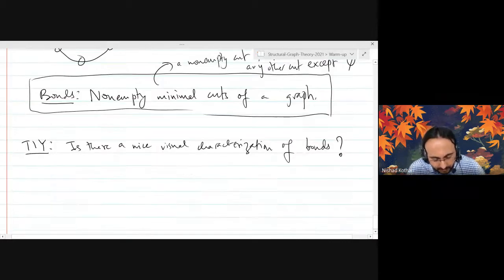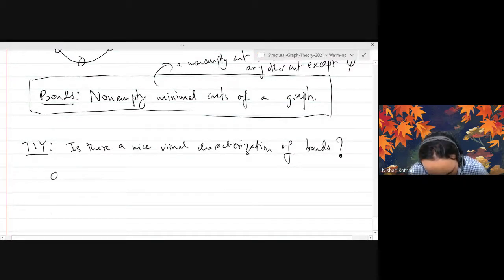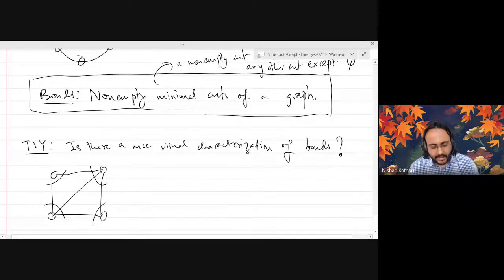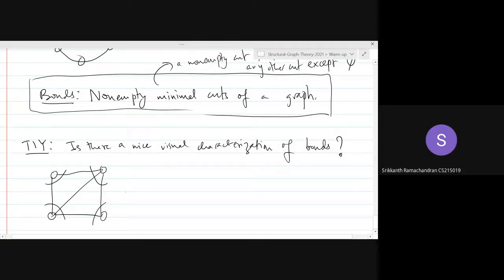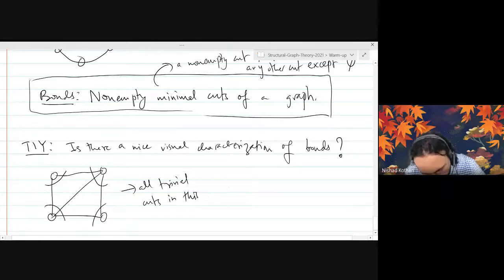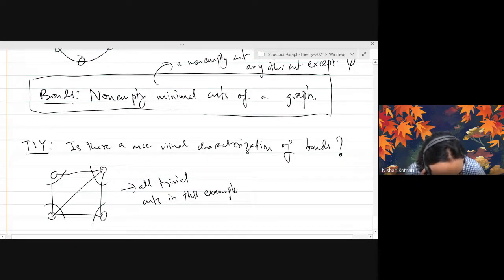I'll give you an example. In this example that we looked at, all the trivial cuts are bonds. You can see that inside any trivial cut, you are not able to find another cut of the graph. So a bipartite graph has only one non-empty minimal cut, which is the vertex set. A bipartite graph has exactly one. So if you take a bipartite graph,